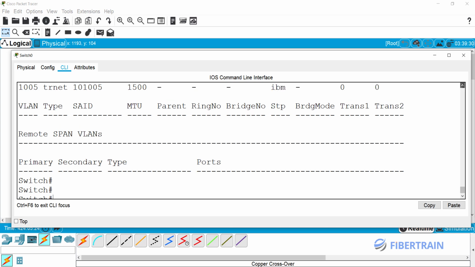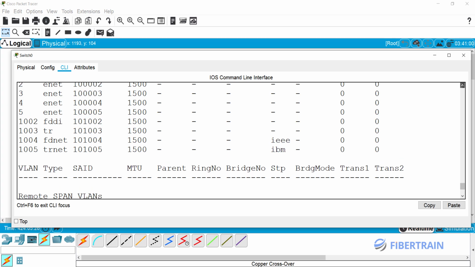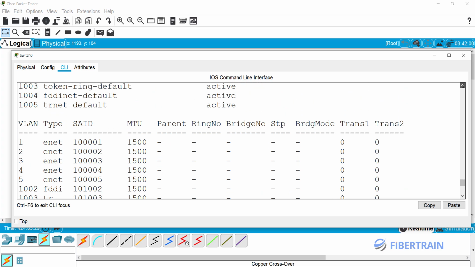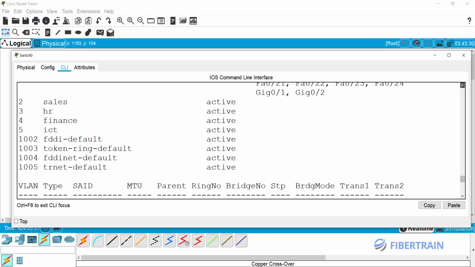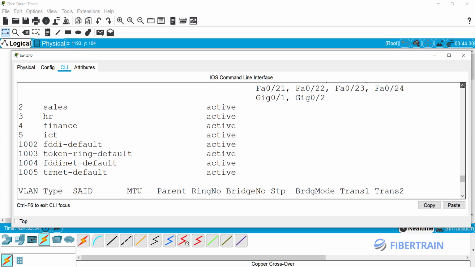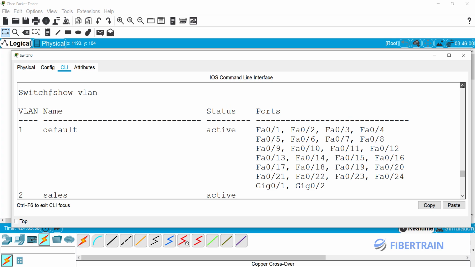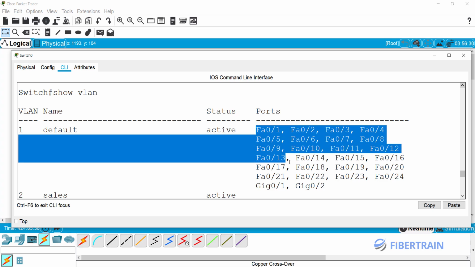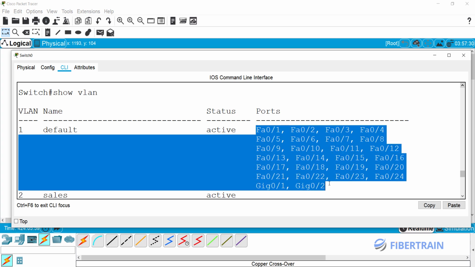So we use the show command to actually see what we have configured in a device. Just remember the command I use here is show space VLAN. So you could see what I was saying before. We have VLAN 1 that is already in the switch by default. You can see the VLAN ID at the left hand side and the name of the VLAN at the right hand side. The name of this one is default, and it is the default VLAN that comes with the switch, and every port on the switch by default belongs to